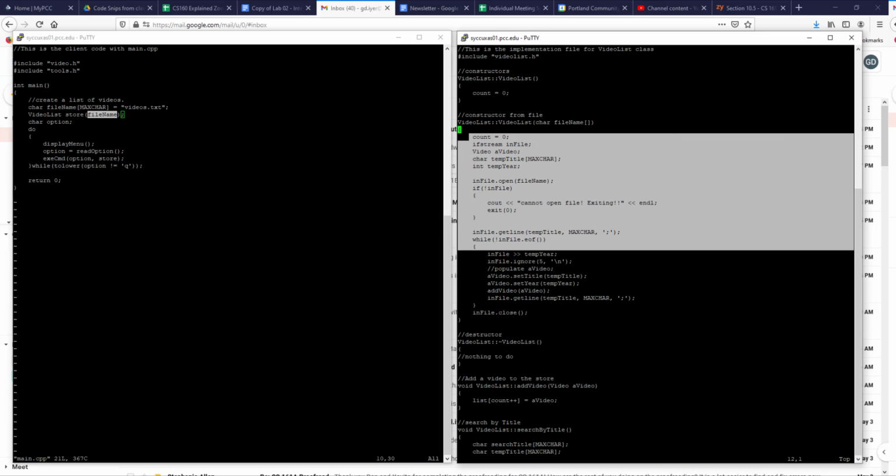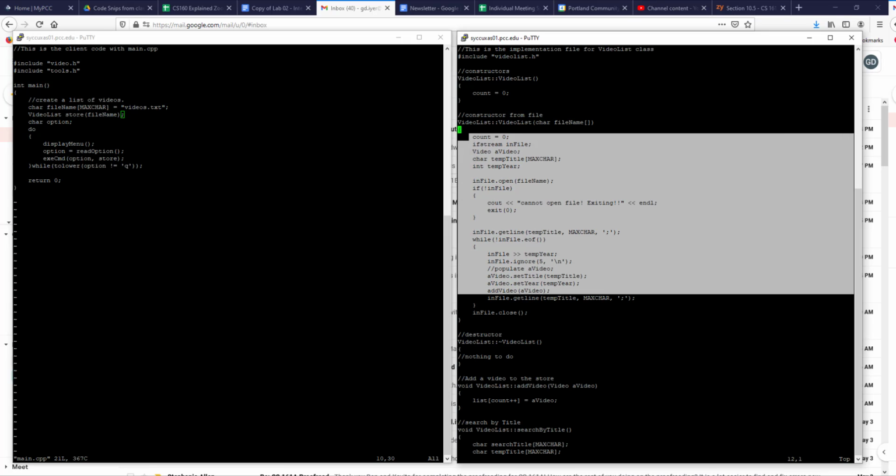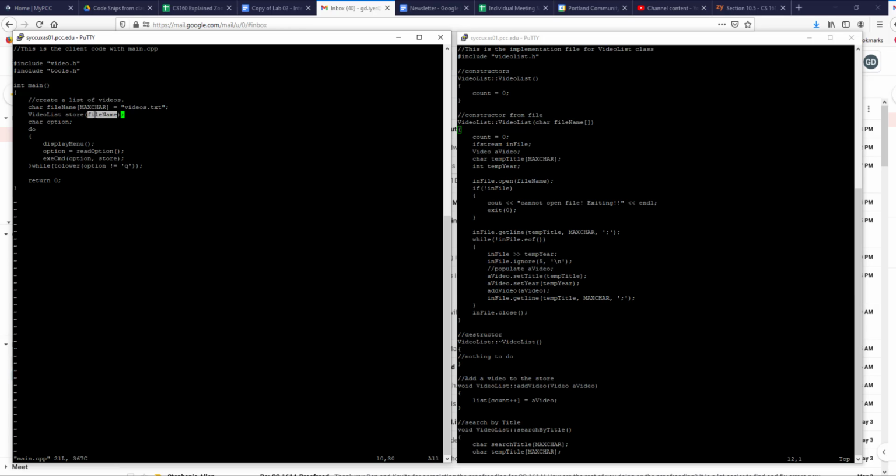This is a constructor that gets called when we create the store object from the file name. And it will load things from the file, so the array inside of the store is already filled with the stuff from the file. And then you go into the do loop, display the menu, read the option, execute command, as long as option is not equal to q, right?